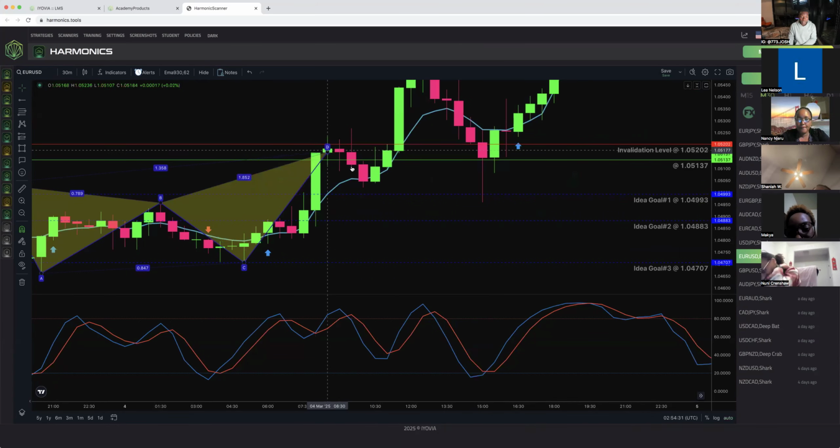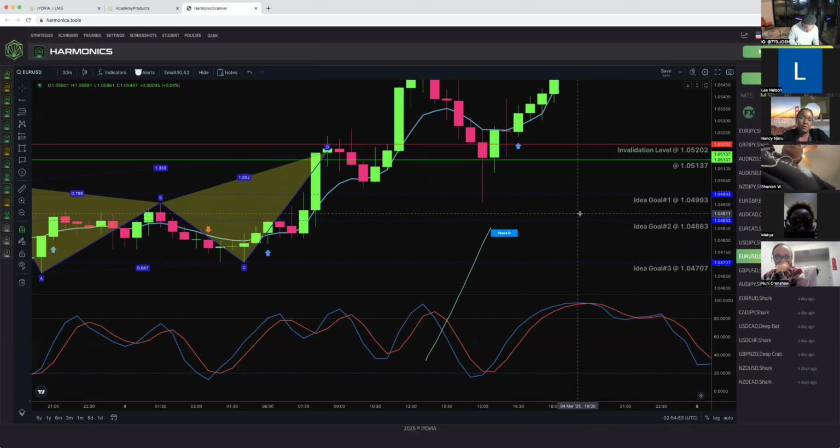All right? After the butterfly, what did we look for? We were like, okay, let's wait until we see it near the green line. It was near the green line here. Perfect. But after that green line, we're asking ourselves, is this a buy or a sell? What is this, you guys? Is this a buy or a sell? Unmute yourself. Is it a buy or a sell? Yeah. Why is it a sell? The red line invalidation is above the green line. Perfect. So now, what's step number 3?